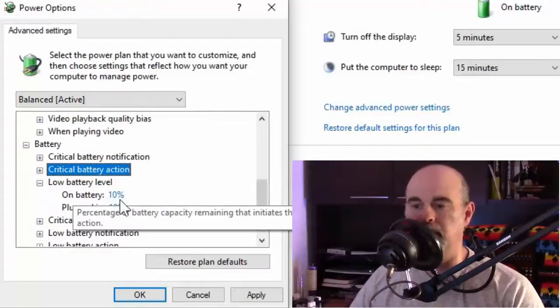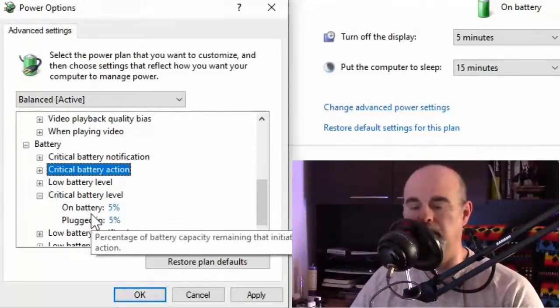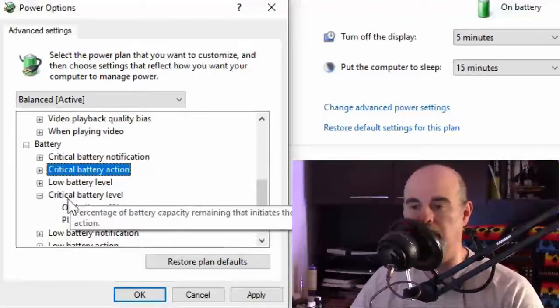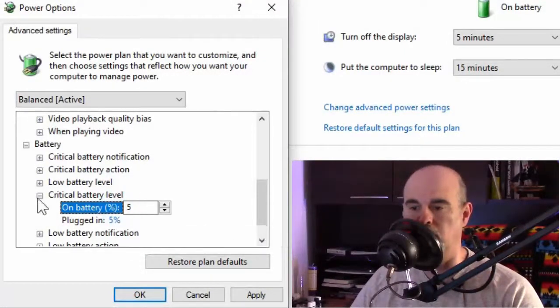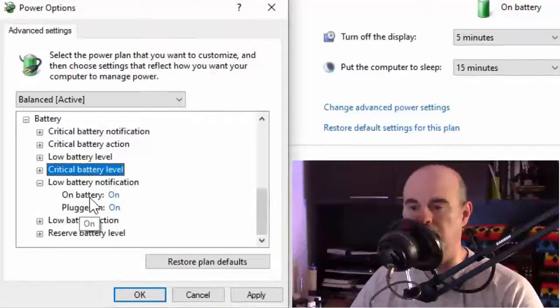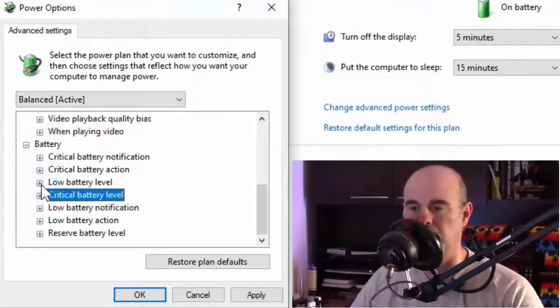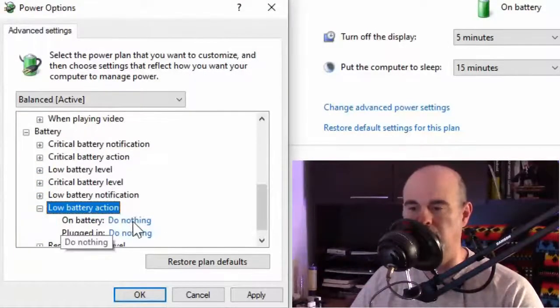The low battery level, it'll consider it low at the percentage that you set it at. Critical battery level, of course, that's when it's below low and it's really critical. You can change that to whatever percentage you want. Low battery notification, of course, good idea to have that. Low battery action, do nothing.